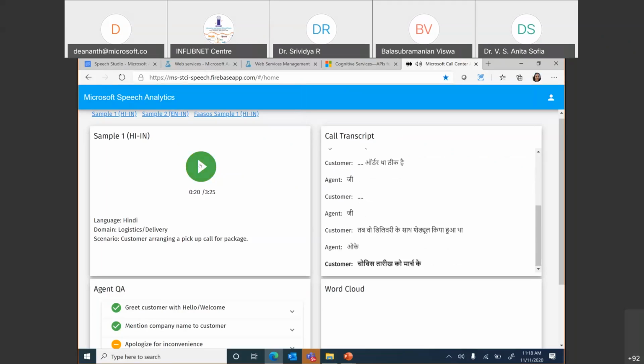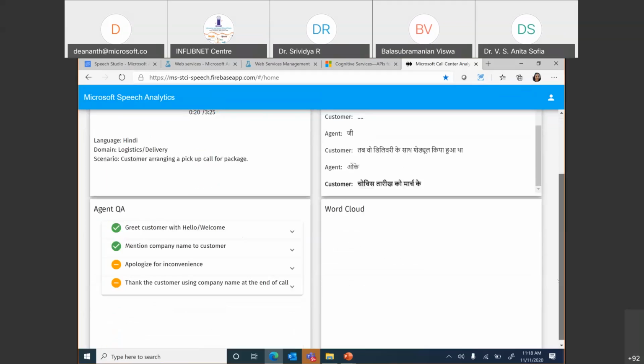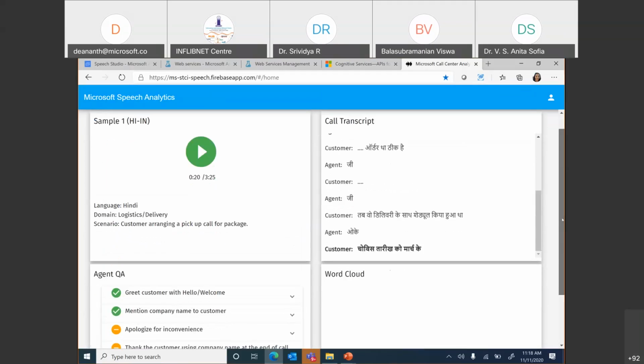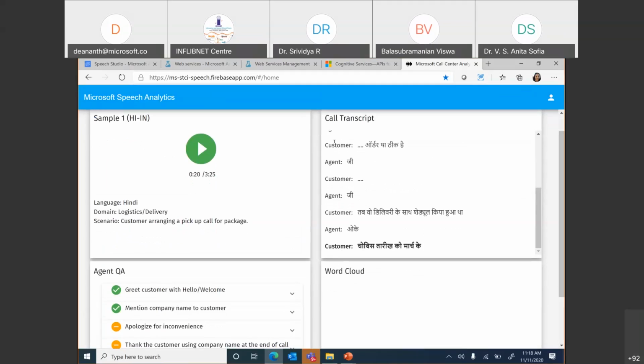So, couple of things. The moment she says, Namaskar, मैं आपकी किस तरह सहायता कर सकती हूँ, there are two things which that agent has done. The lady who's speaking. Now, 24 तारीख को मैंने delivery schedule किया था. Delivery is an English word, so it understands English. It is also able to distinguish what one person is speaking versus what the other person is speaking.